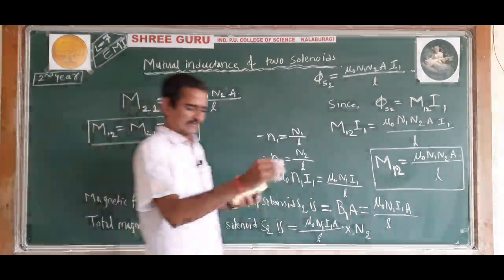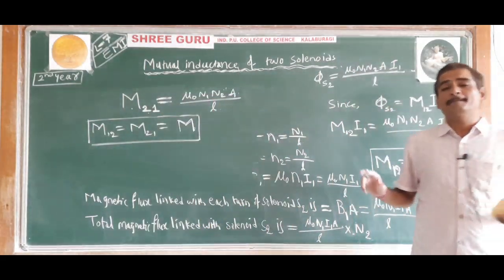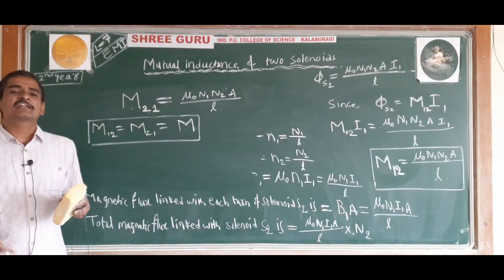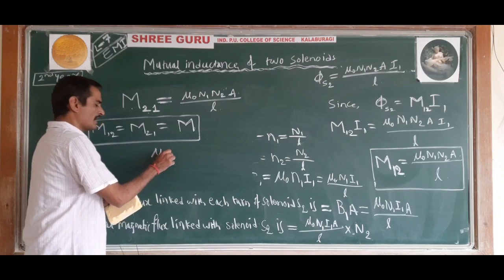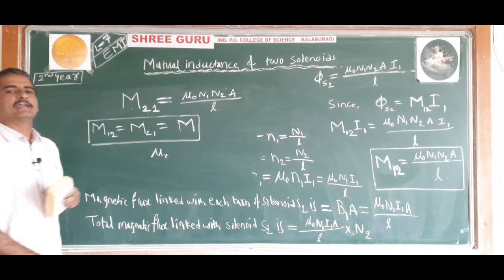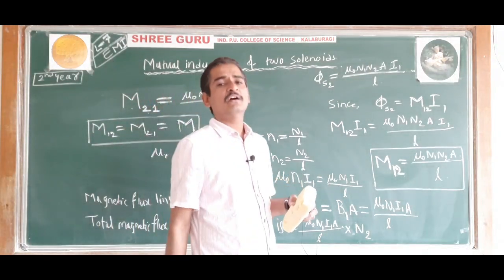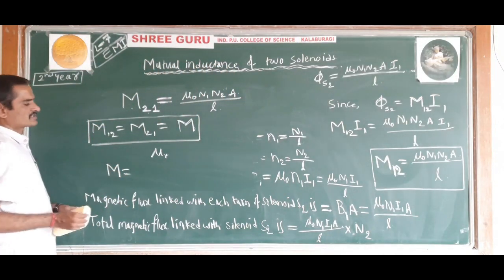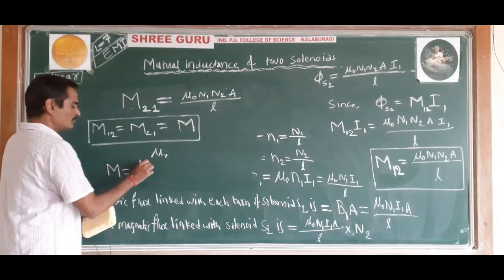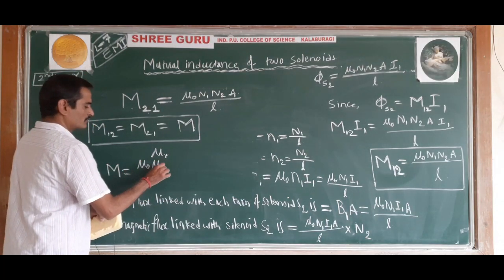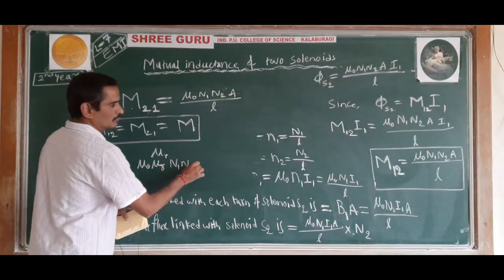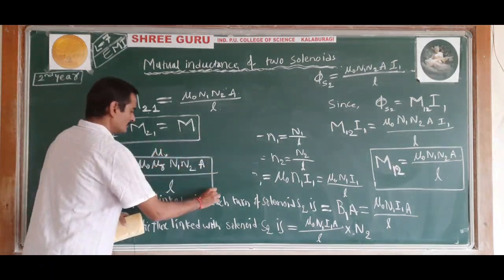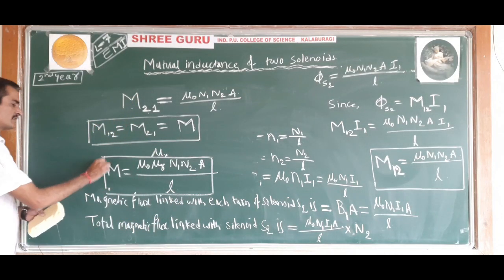If both of the solenoids are wound on a magnetic material of permeability mu r, then the mutual induction is given by M is equal to mu naught mu r N1 N2 into A divided by L. So this is the expression for the mutual induction, or coefficient of mutual induction,